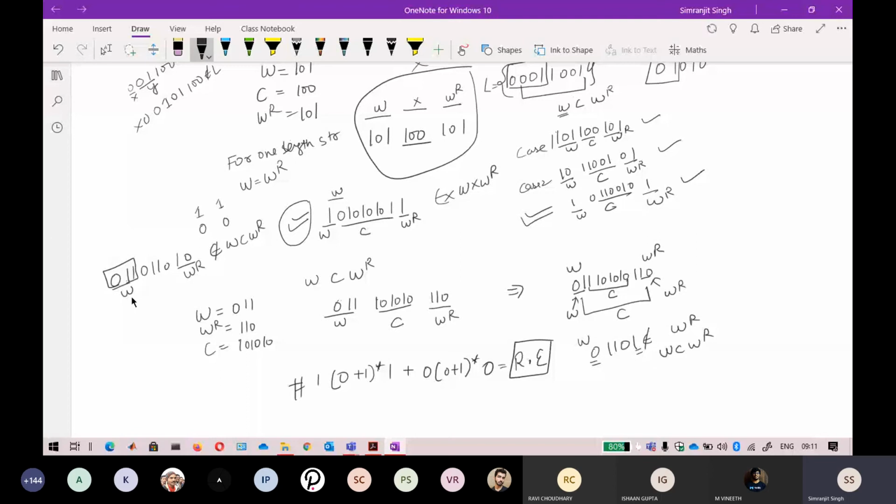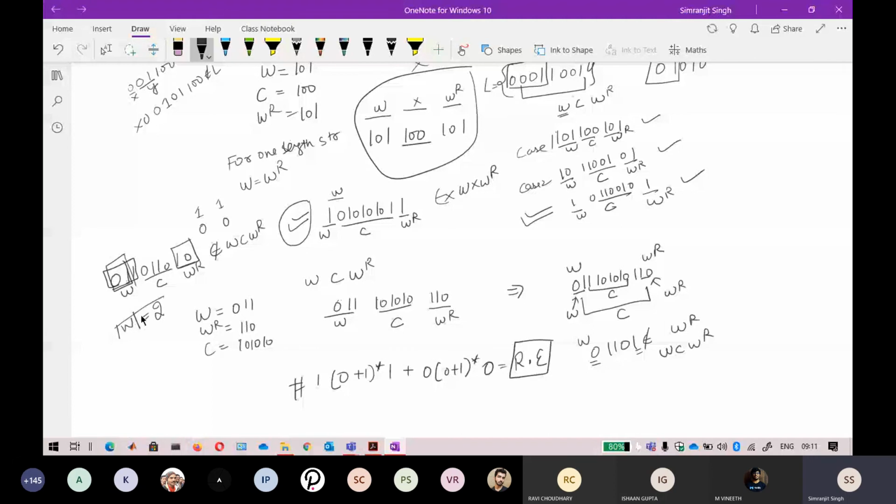But where is it given that your W should be of length 3? The compulsion on W is not given anywhere. The compulsion on X or C is also not given, that it should be of that length. If I tell you that the length of W is 2, then you can easily say that this 0 1 is not identified. If I fix the length, that becomes a whole lot of different thing.